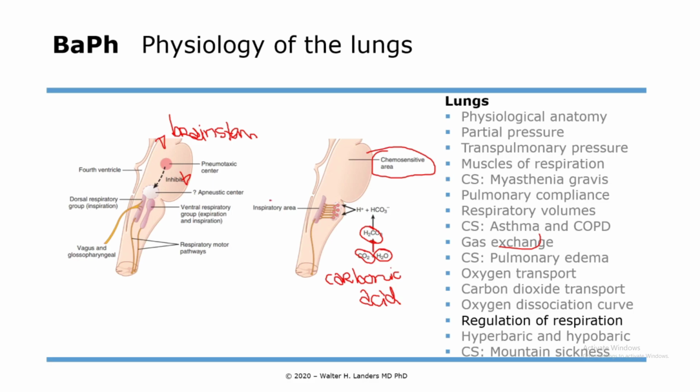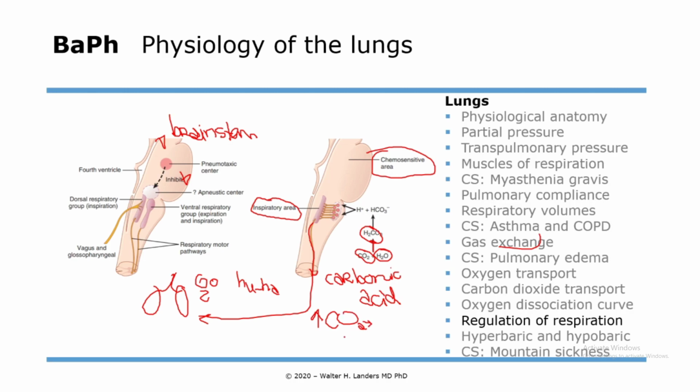something called the inspiratory area of the chemosensitive area, and you see these neurons, and these neurons will go to your lungs, like this. Over here, these are your lungs, and they tell the lungs, go breathe. That's what the inspiratory area is for. Because when there's a lot of CO2 in your blood, that probably might mean that you're breathing too shallow or too little. So when there's a high CO2 in your blood, we call this